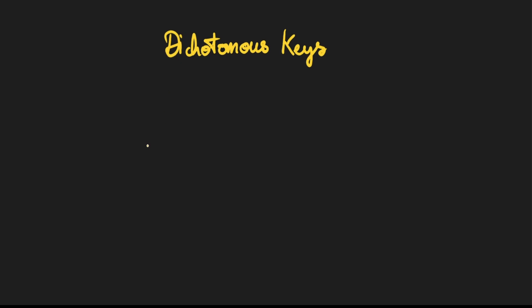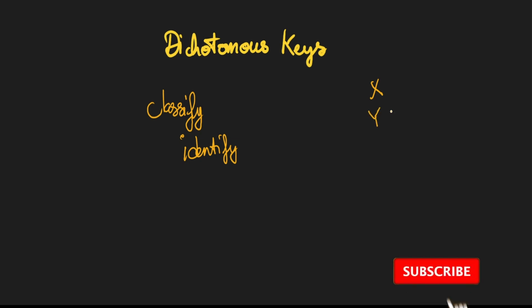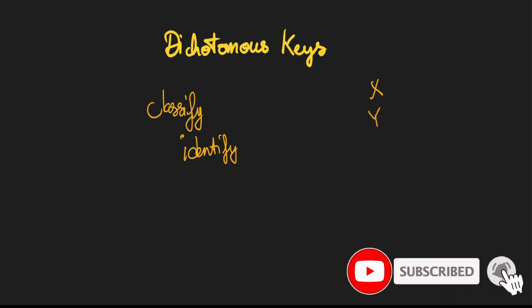This video is about dichotomous keys. Right? Dichotomous keys are used to classify and identify unknown organisms. So usually, how they work is you'll have a characteristic X and a characteristic Y, or more often than not,